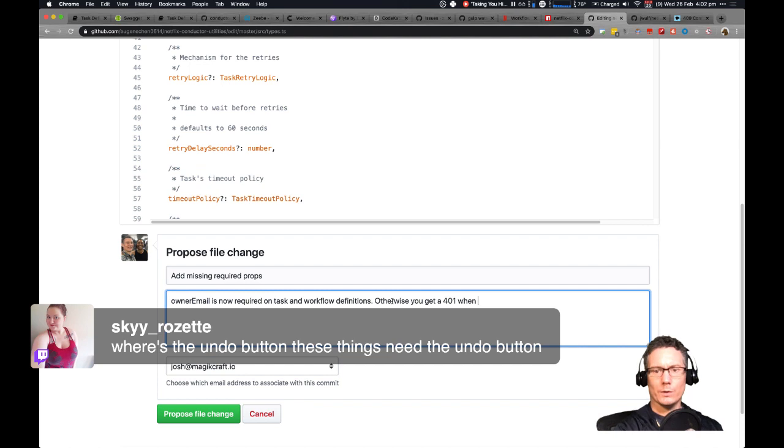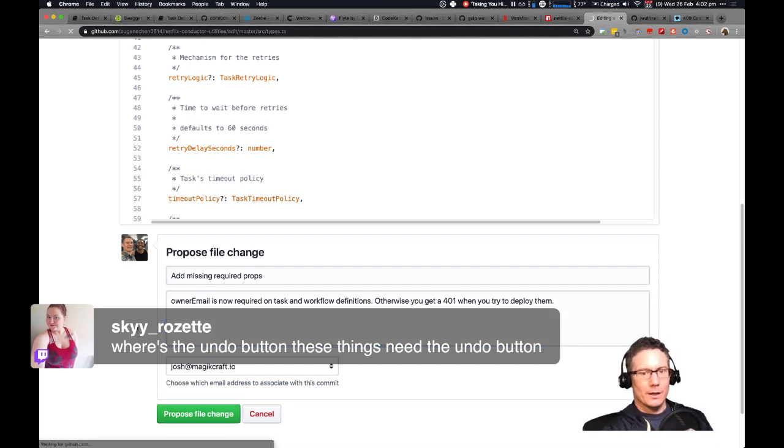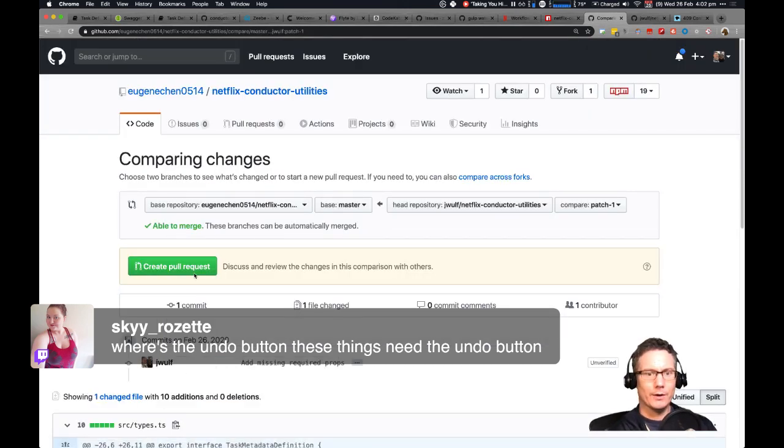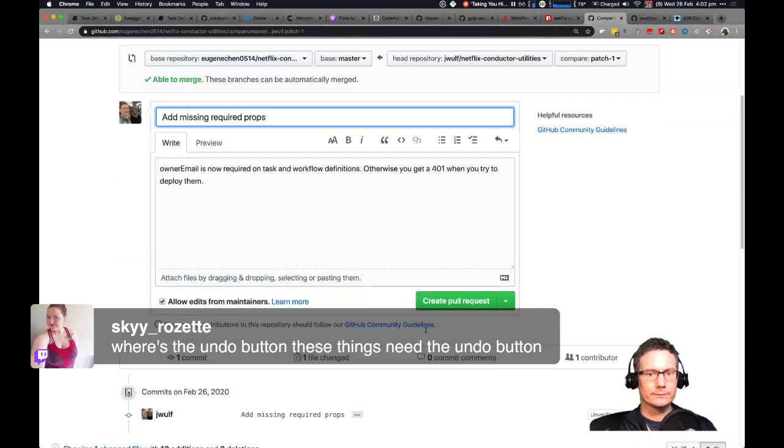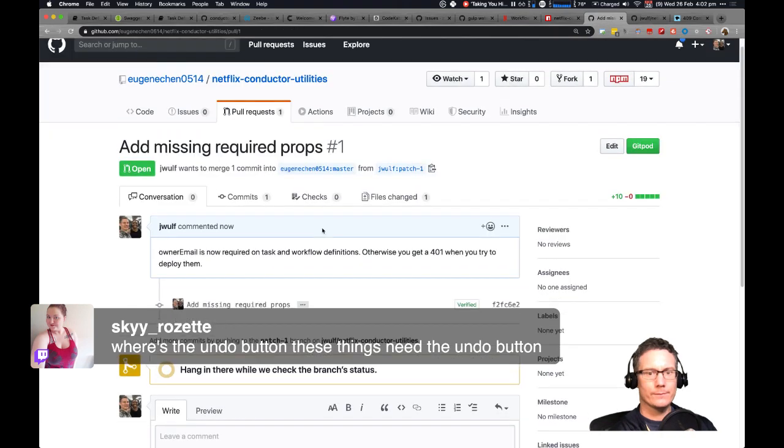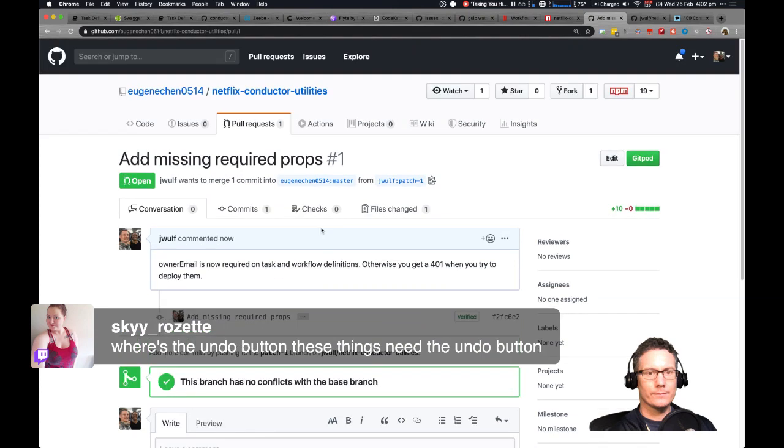Otherwise you get a 401 when you try to deploy. Okay. Propose the file change. Create a pull request. Okay, pull request. Okay, looks good. Looks good.